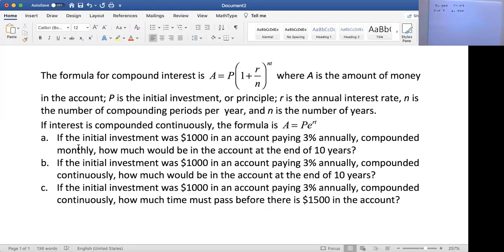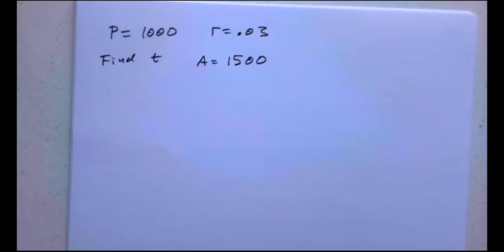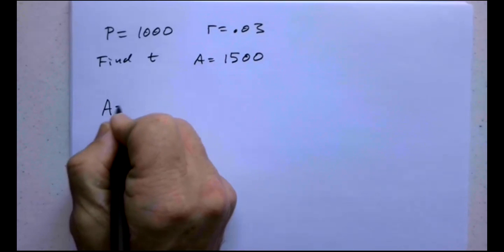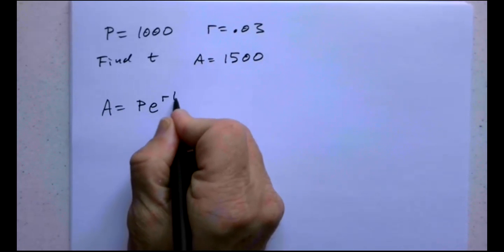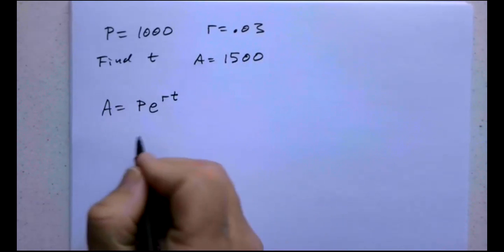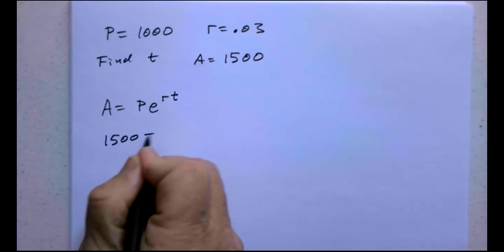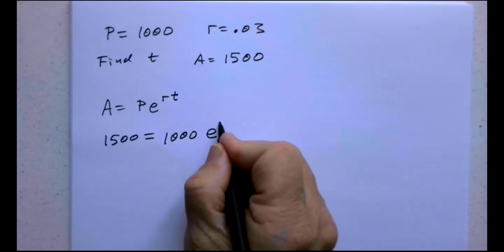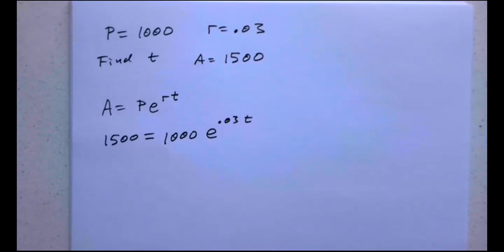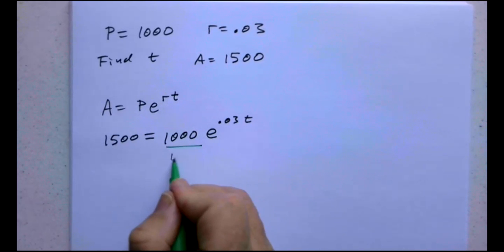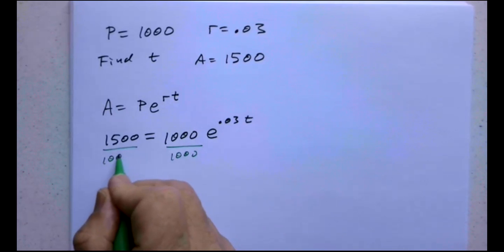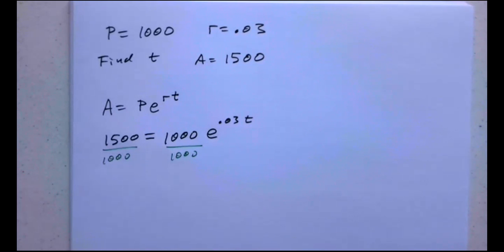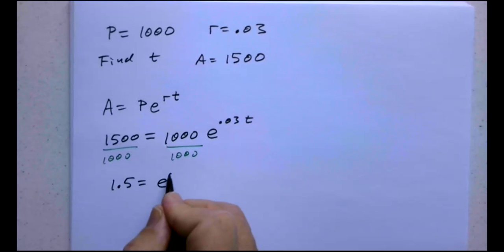And again, this is compounded continuously, which makes this a lot easier for us to work with. So we're going to go with A equals P e to the RT. A, 1,500, equals P, 1,000, e to the RT, e to the 0.03 times T. We want to solve for T. We're going to first divide both sides by 1,000. 1,500 divided by 1,000 is 1.5, equals e to the